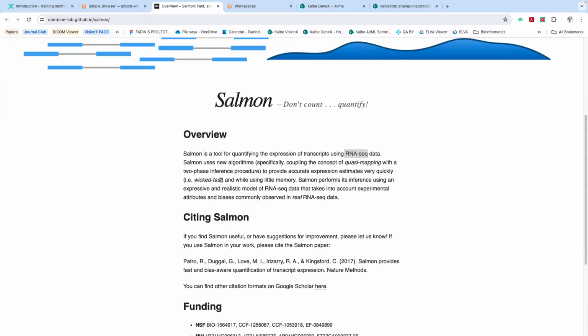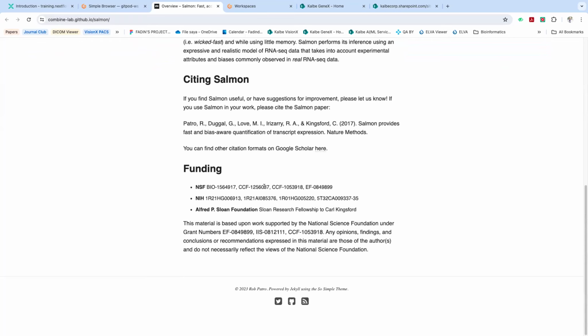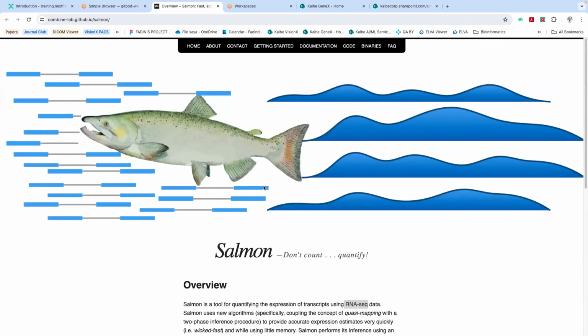Salmon uses a new algorithm, and it performs its inference using an expressive and realistic model of RNA sequencing data. And you can install it in your environment